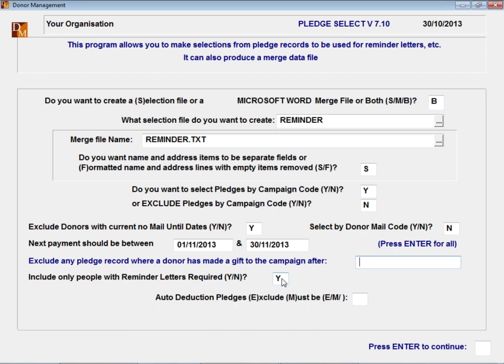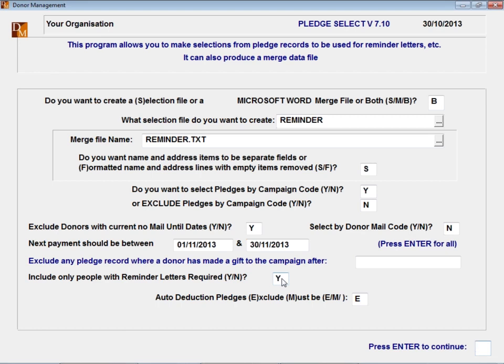Okay. On the pledge record that Andrew was going through before, one of the fields down the very bottom of the pledge says reminder required, yes or no. Okay. If I had somebody who said, look, I'm going to do a one-off membership or a quarterly pledge or something, but you don't need to send me a reminder letter because I'll take care of that and I'll make the payment, then on their pledge record we could say, no, they don't require a reminder letter. Yeah. So that's where this question comes in, saying only include those people that are marked yes. And by default, if the record is marked as an auto deduction, normally those people don't need to have a reminder letter. So by default, the system will exclude people that have got a pledge record set up, marked auto deduction yes.